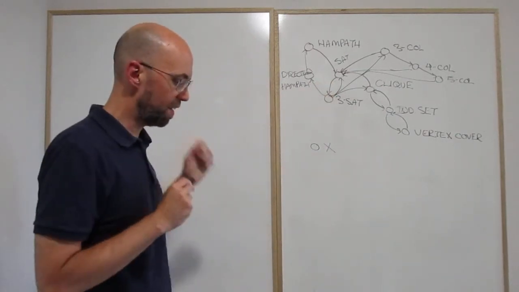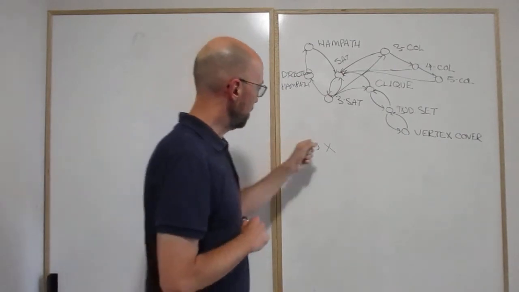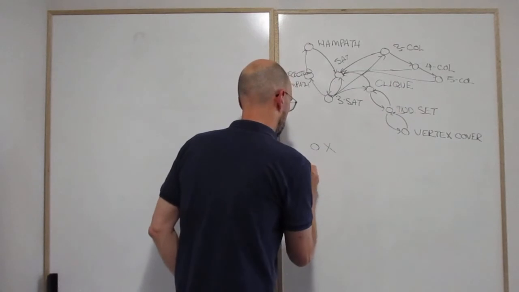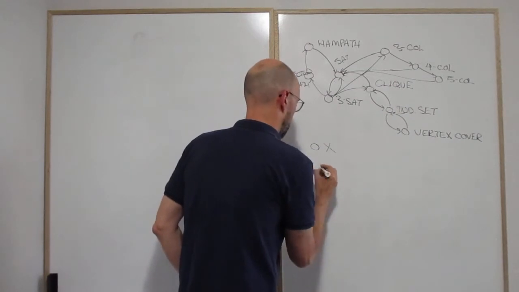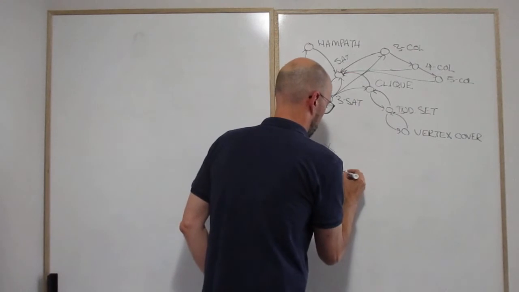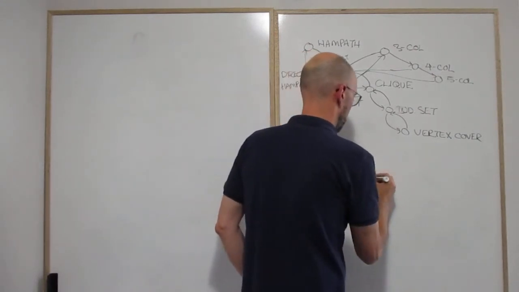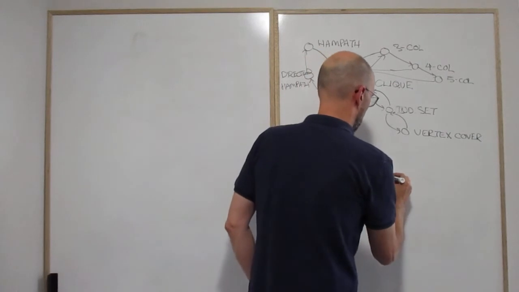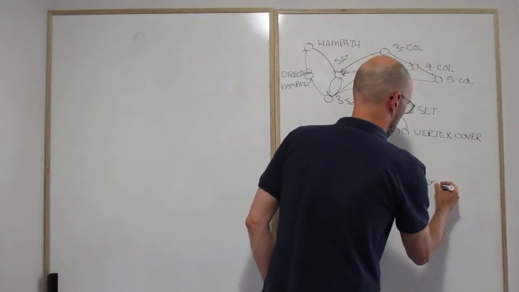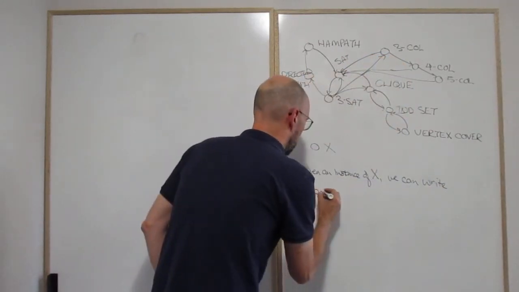So what it takes is to be able to say, given an instance of X, we can write a polynomial size formula